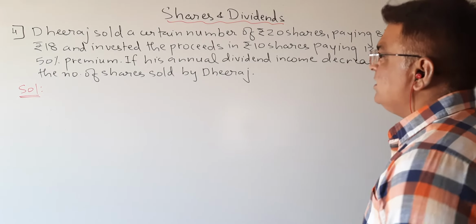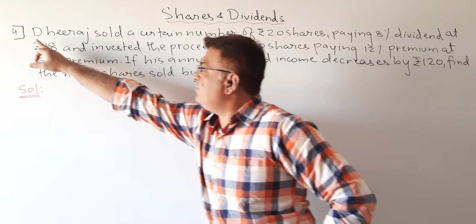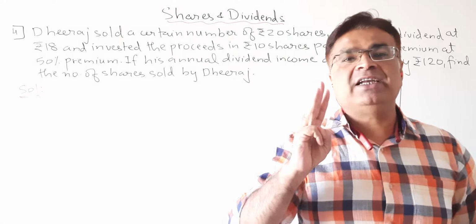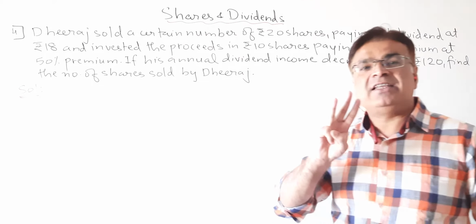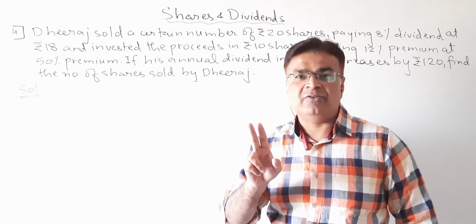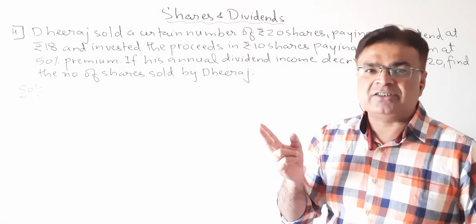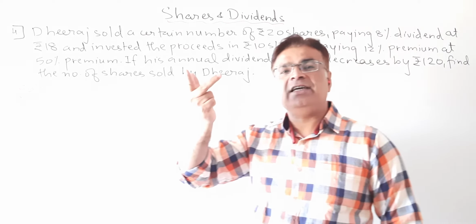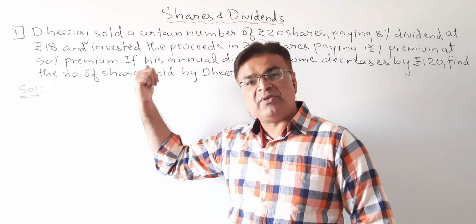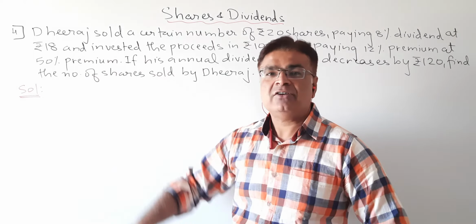Okay students, let us see the next one. You might be wondering why the fourth sum over here, because students, in the previous session we have completed 3 sums. But in the 3 sums, the second sum data was incorrect, so that is cancelled. So please ignore that sum. So in the previous session, in all we have discussed 2 sums. Today, the third sum just before this we have discussed, and now this is the fourth one.